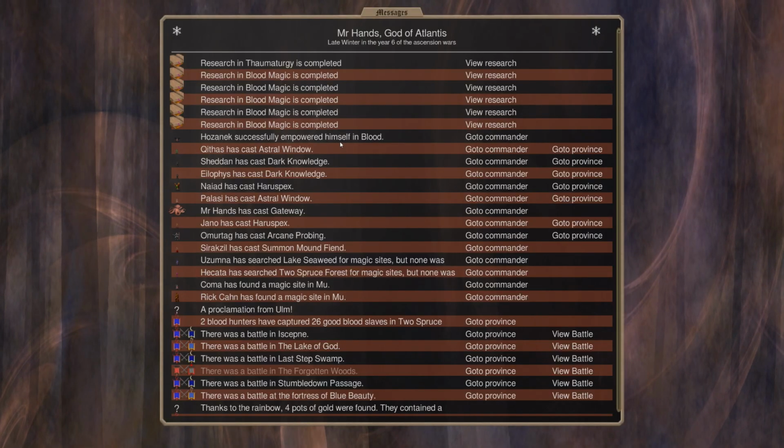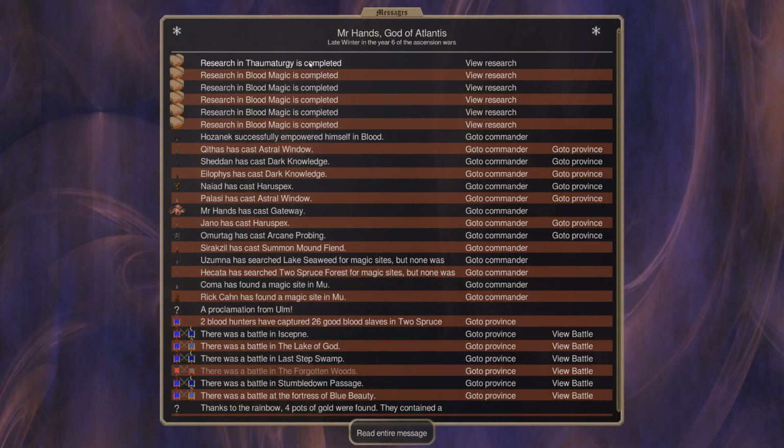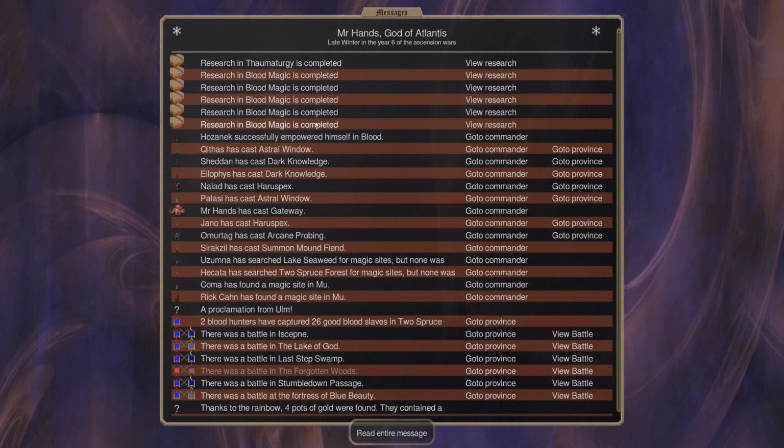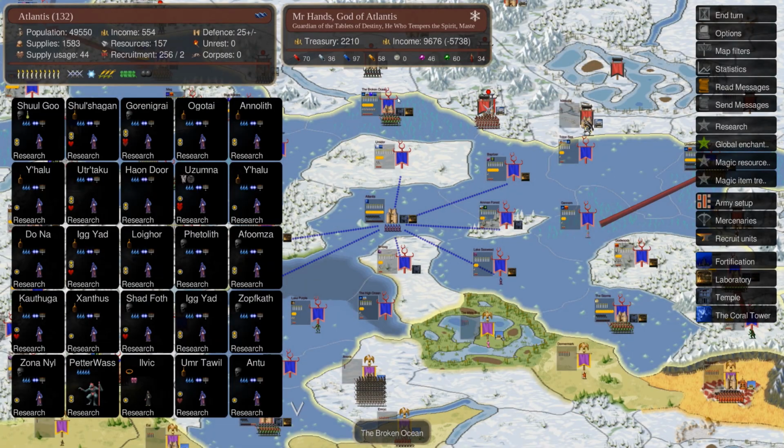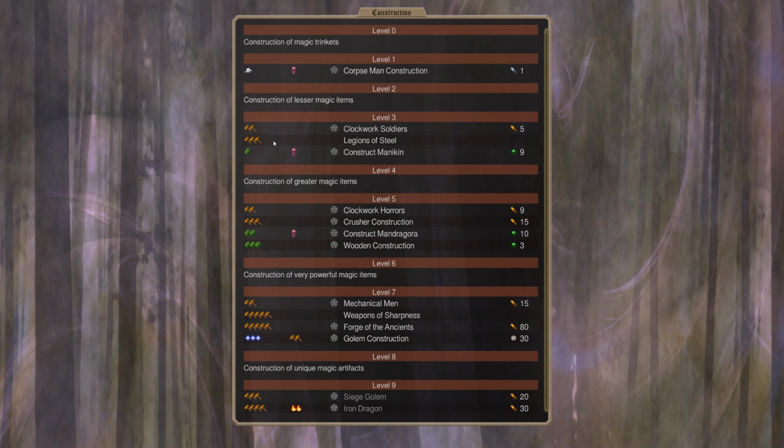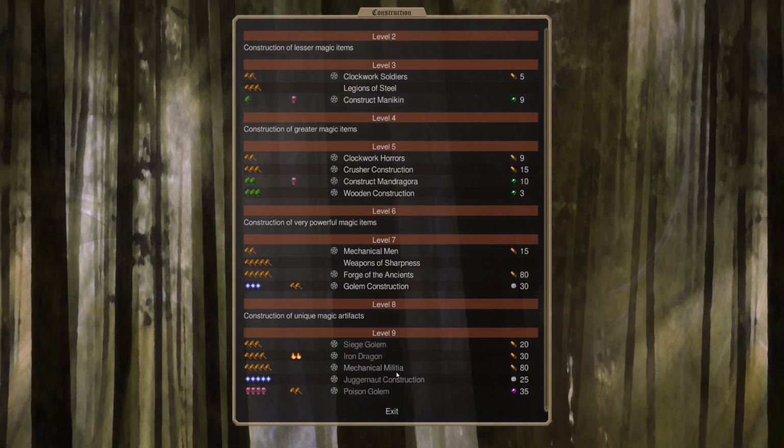Okay, we finished Thaumaturgy. So this is Thaum 9. And now we have run our way down Blood Magic. We're all the way at Blood 5, first turn of researching it, after we finish. So our research economy is almost done. We've got Construction 9 left, which...